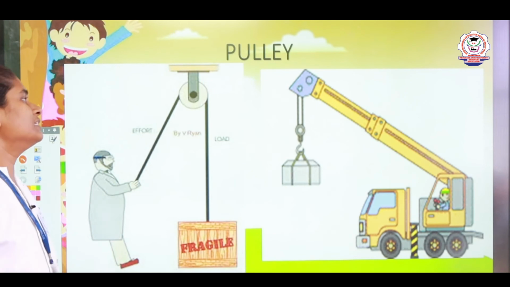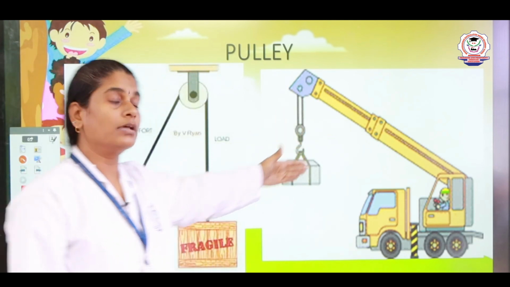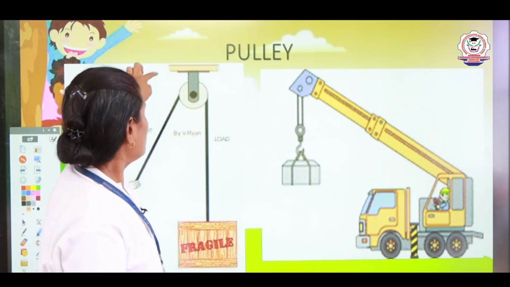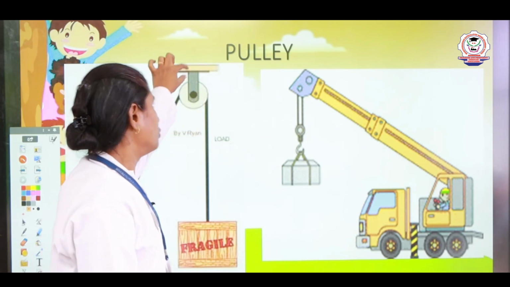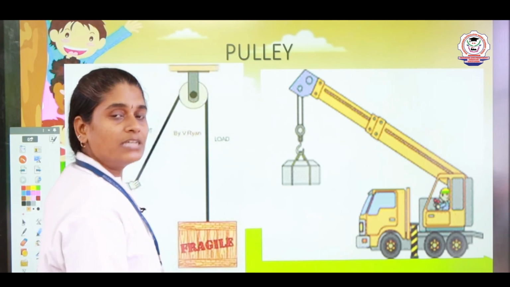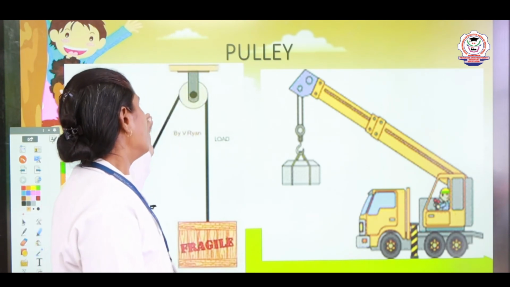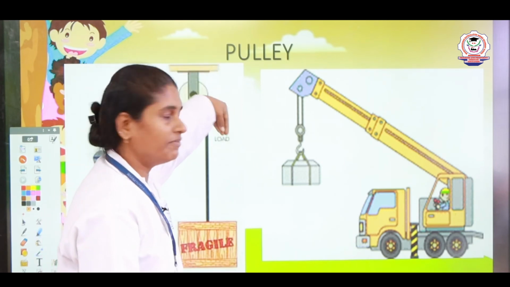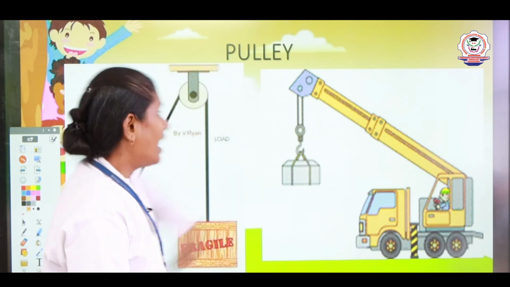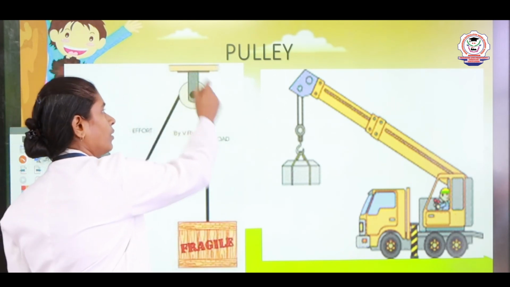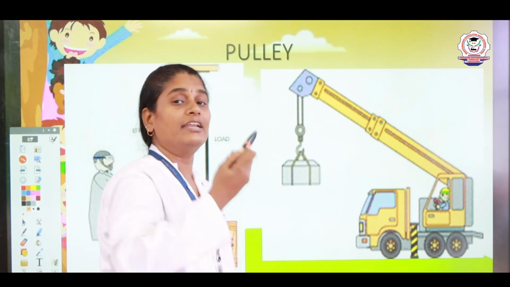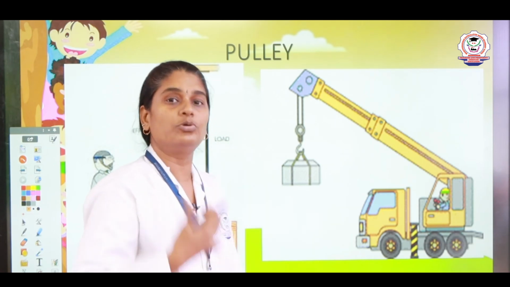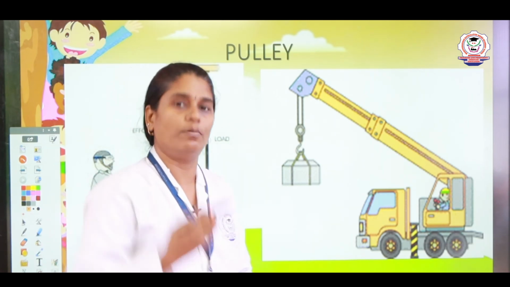So, the next one is pulley. So, what is pulley? So, pulley is a grooved rim, okay. So, you can see the wheel like structure with grooved rim and a rope is passed into the rim, right? So you can see on the wheel the rope is passed out, and thereby with the help of this moving wheel we are able to lift heavy objects. So the pulley helps to lift very heavy objects, right?